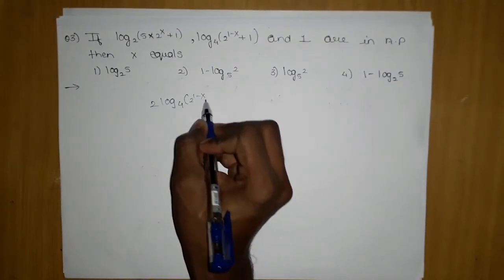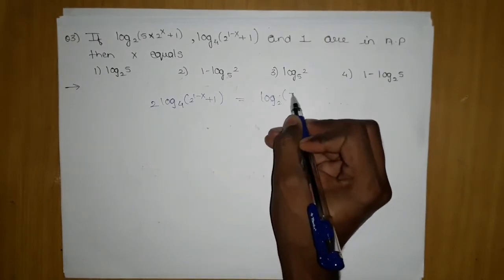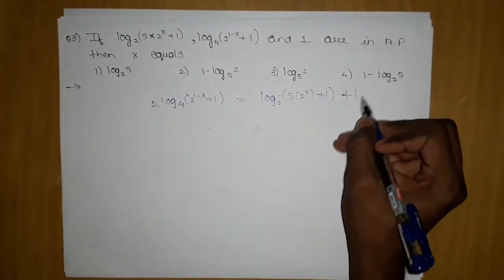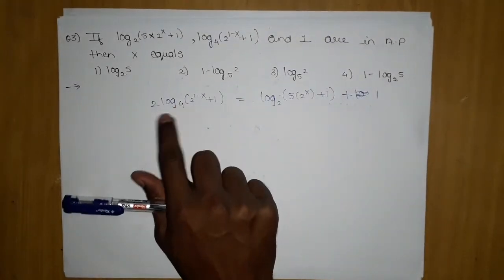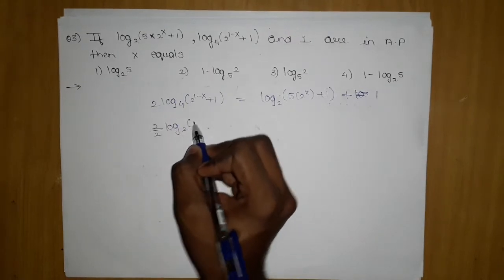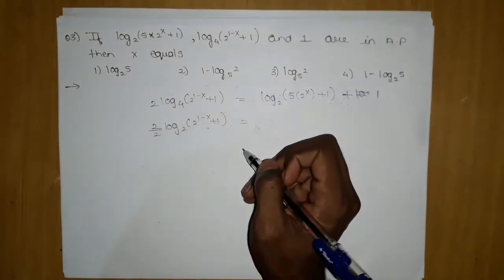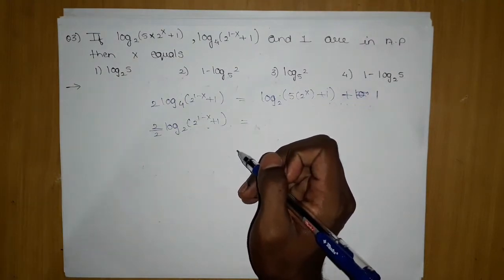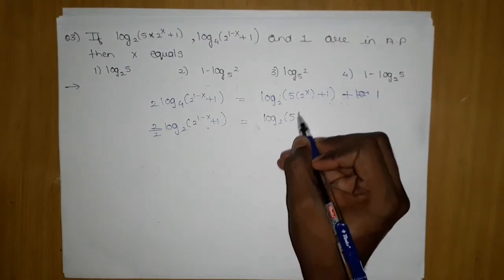2 power 1 minus x plus 1 is what, log base 2 power 5 into 2 power x. Okay, let me write it like this so that you can understand more properly, plus log, this will be 1. After this I can take this 2 here. This is the basic property of log. Hope I don't need to explain it again. This is a very general property. We can do this.